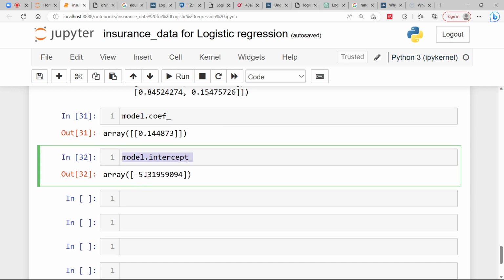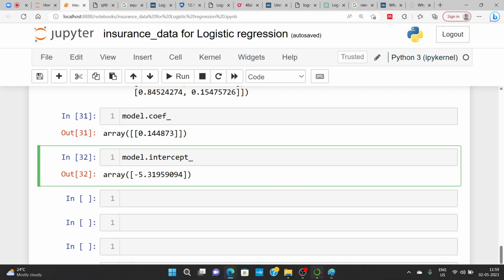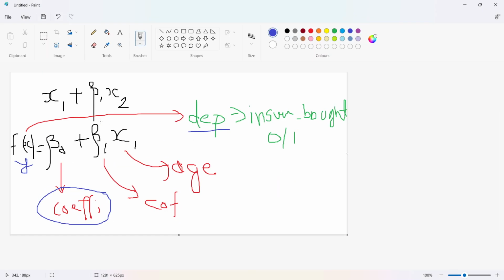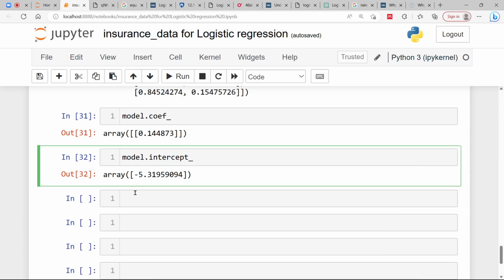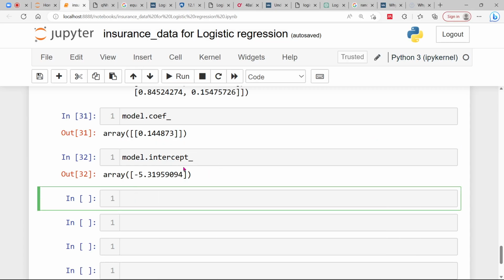We have minus 5.33, right? So coefficient is this one. And what is the intercept? Intercept is beta 0. This is the intercept part, right? So is there any issue